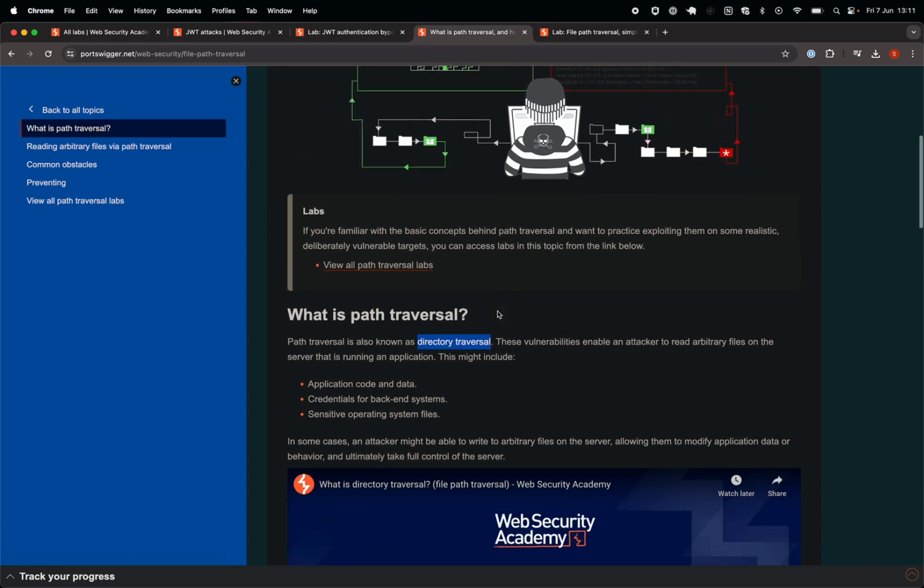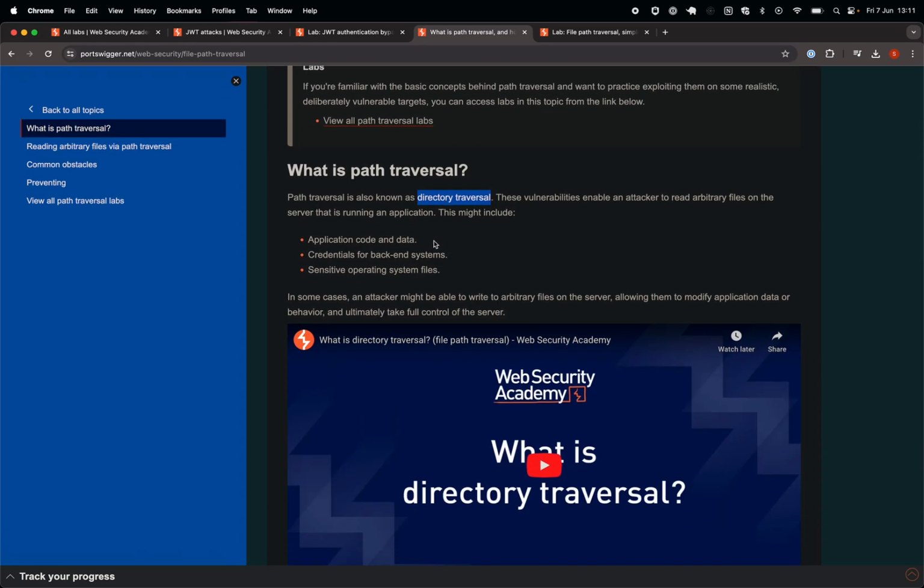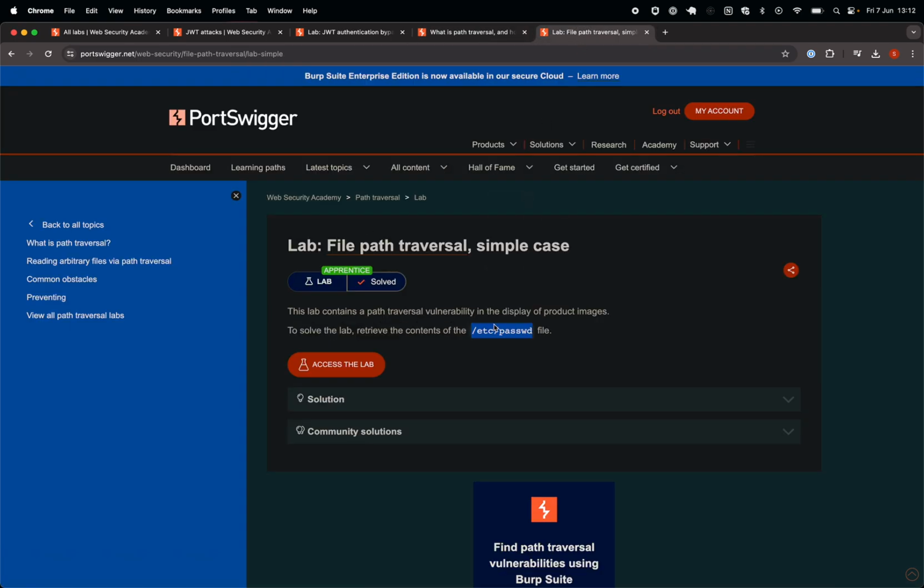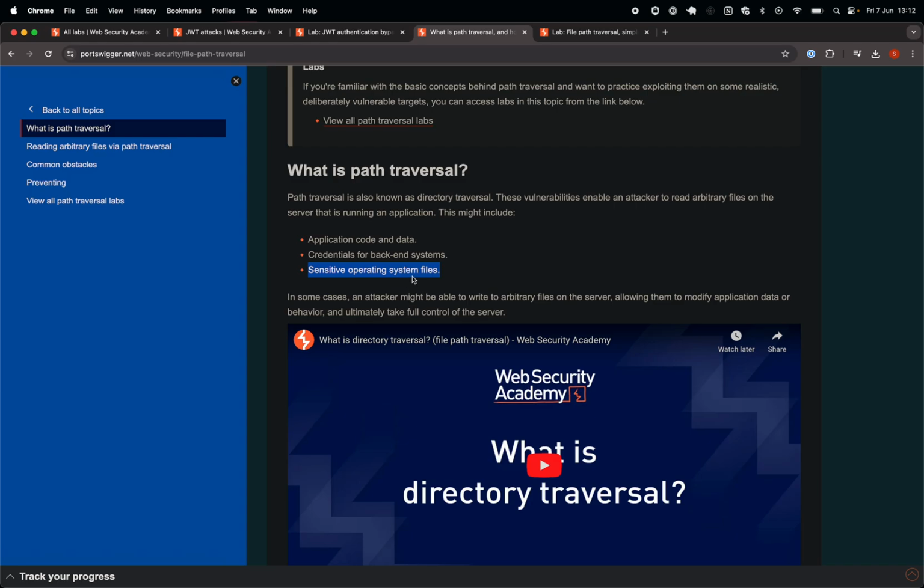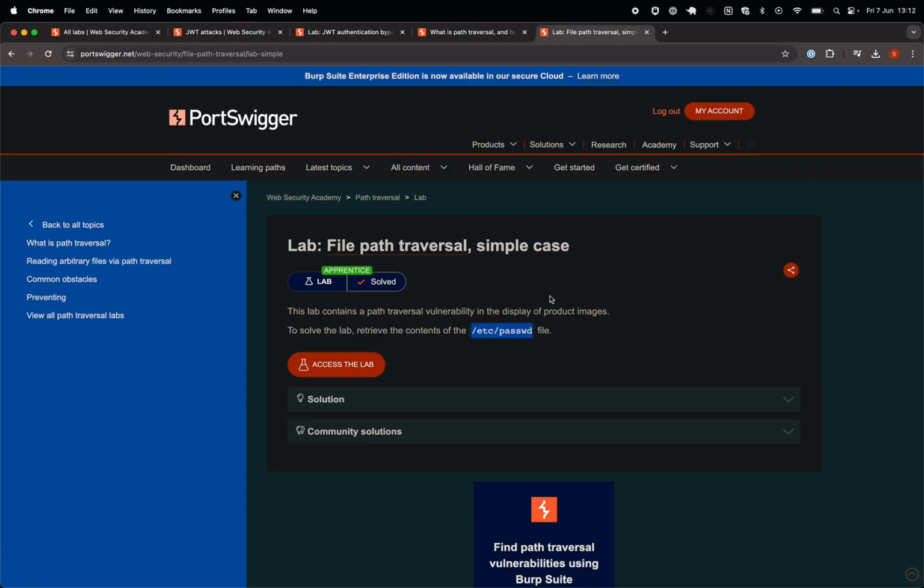So they are simple vulnerabilities but very critical, since we are able to retrieve some application code and data, some credentials from the backend system, or some sensitive operating system files. So in this lab, we are required to retrieve the third option, which is the sensitive operating system files. So I've already launched the lab,